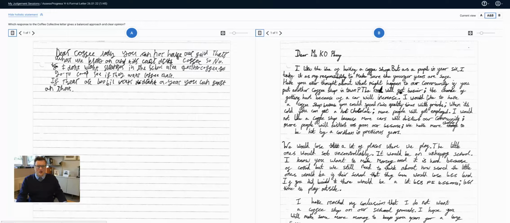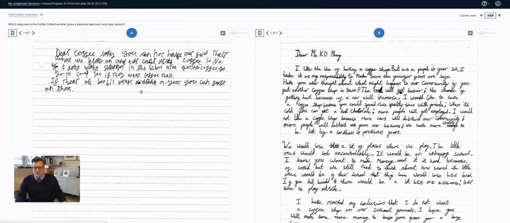Initially, it may look like this one is the better one, certainly set out in more paragraphs. The way that functionally the letter is set out, I would infer that this one probably is the one that would win of the two. I'm just going to have a quick check for content as well. Have the students met the objective? I can see just reading the first paragraph of that is quite a reasonably well put together letter.